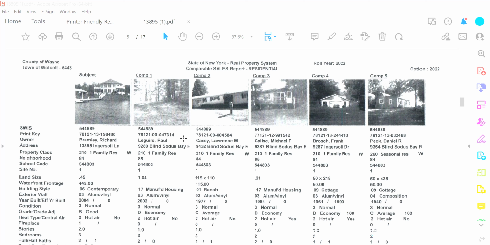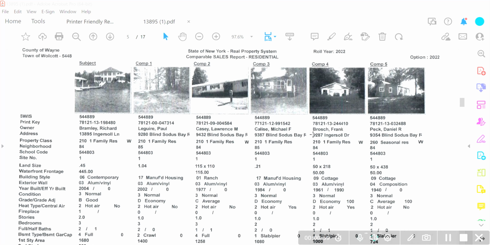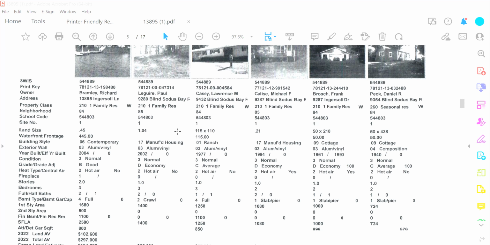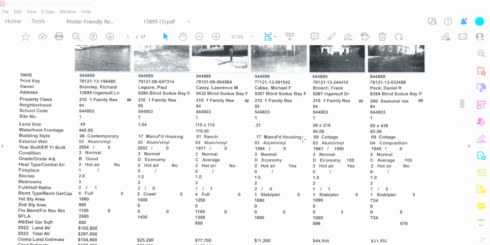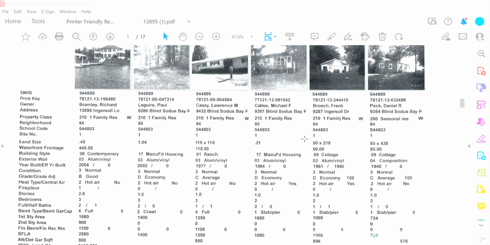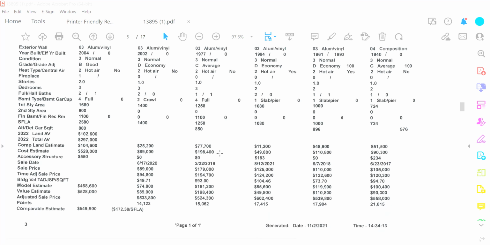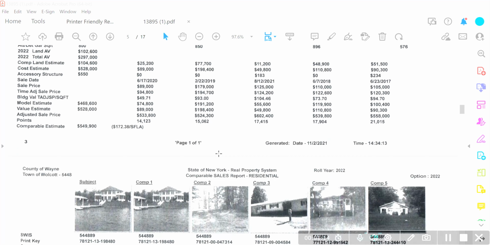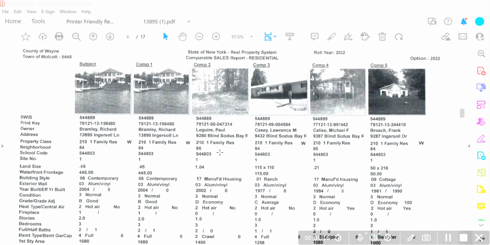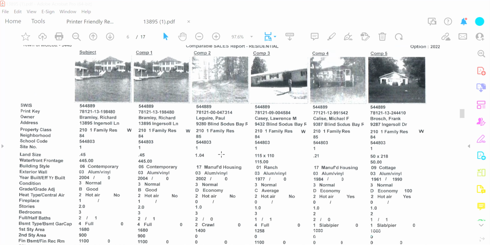And then I look at the comparables. So here's what they come up with for comparables, and then I analyze to see if there's any issues. In this case, it doesn't look like there's any comparable. These comparables are not particularly comparable, but at least we know where the assessor is coming from. And so what's interesting about this is